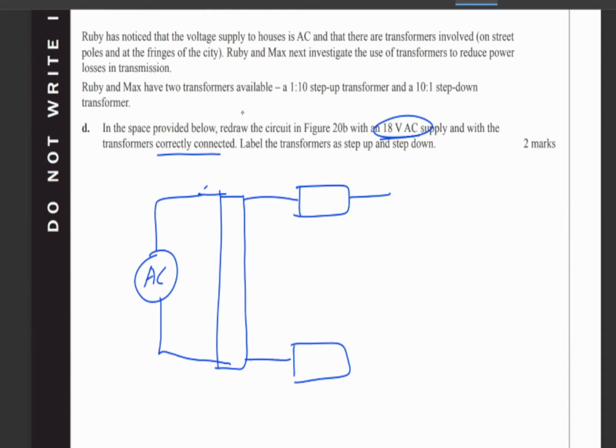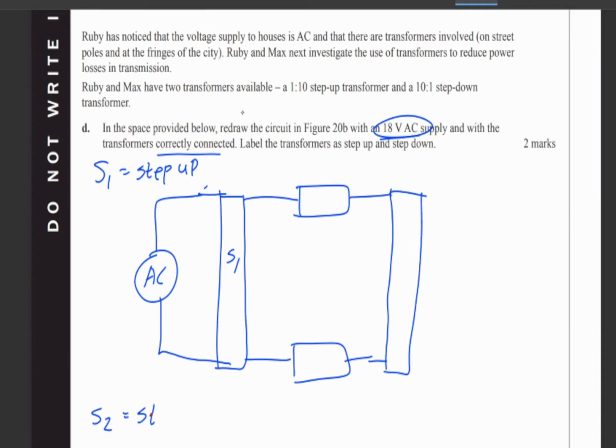Step up. And this is going here. It's going to go step down. S2 equals step down. That's going to connect to the globe. And this globe here is